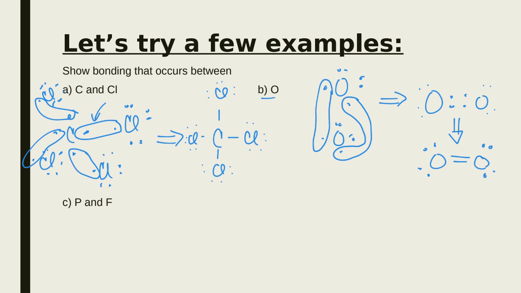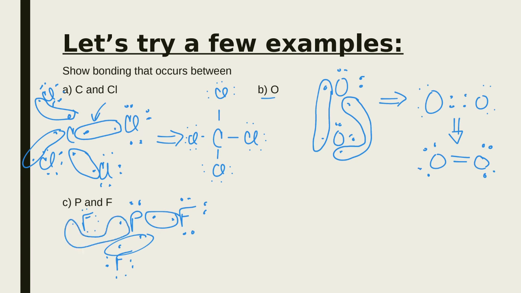Let's do phosphorus and fluorine. Okay, so phosphorus sits in group 15. He has 5 valence electrons. Fluorine is a halogen sitting in group 17, 7 valence electrons. And then we're going to pair up any of my single electrons. And again, over here,